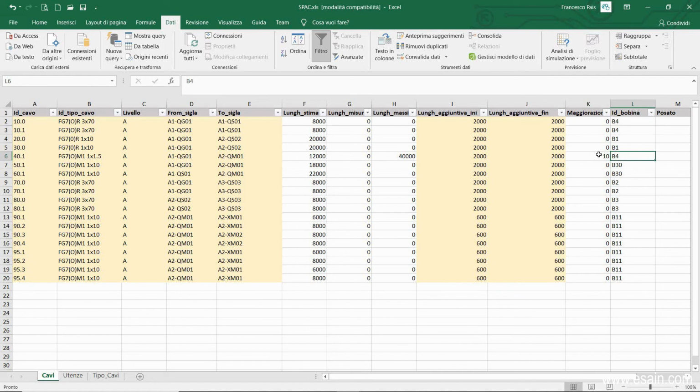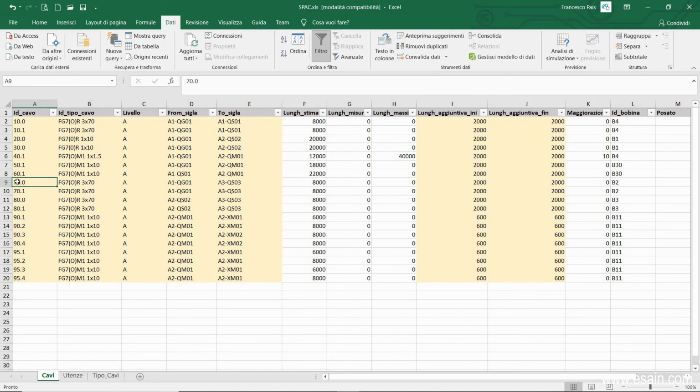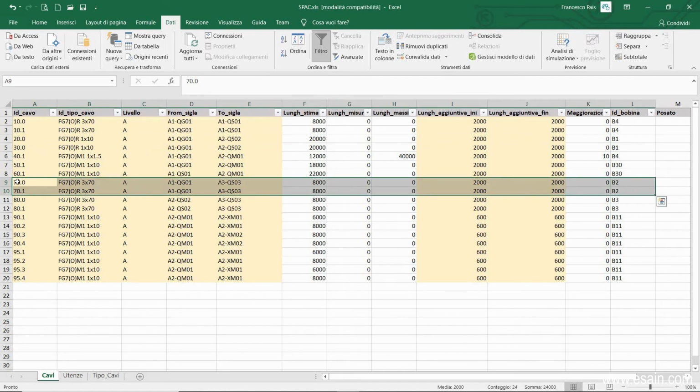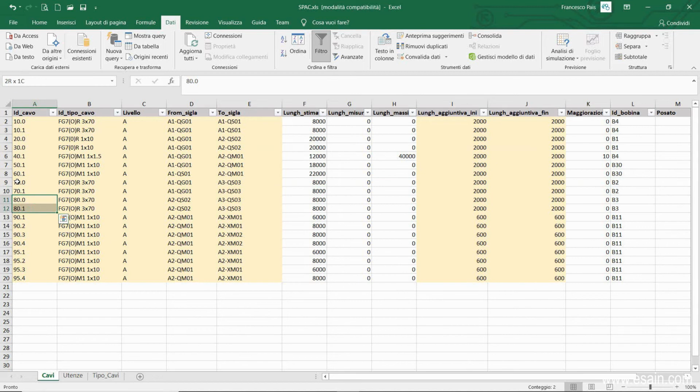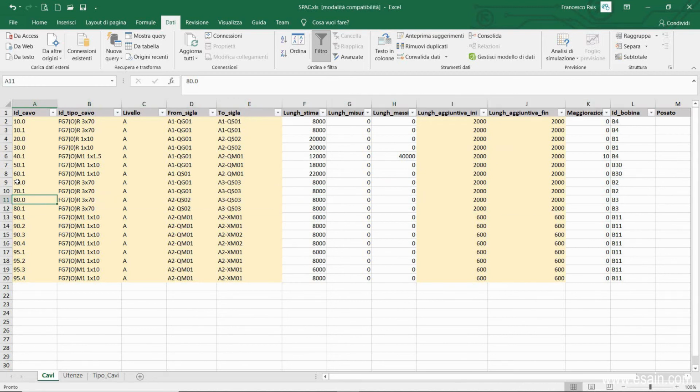In the last column, we have a real cable identifier. In fact, you can decide how many and which cables should be in the same reel. This way, ESA Pro will not only calculate the total cable requirement, but also give the coils composition. This is very important because it gives you the option of pre-ordering coils for each cable.